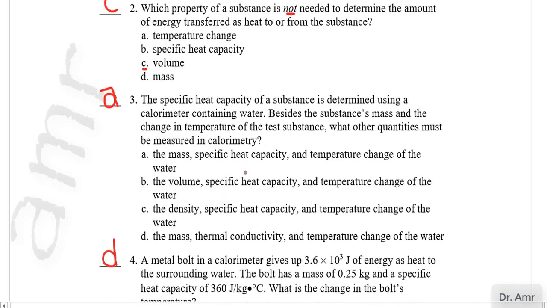Question number 3. The specific heat capacity of a substance is determined using a calorimeter containing water beside the substance's mass and the change in temperature of the test substance. What other quantities must be measured in calorimetry? اليونتس اللي بتتقاس في الكالوريمتري اللي هي جوه الكالوريميتر طبعا هي الماس والسبيسيفيك هيت and temperature change، وده طبعا واضح